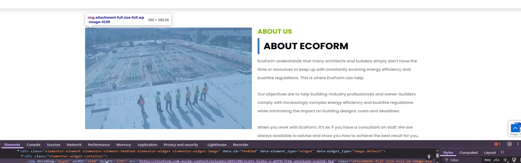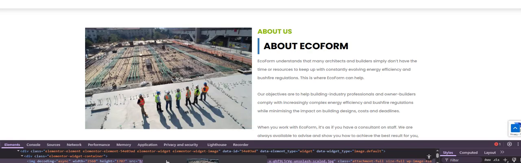But the original size of the image is this one. If I hover over it, this is the original size of the image, 246 by 386. So it's way bigger than the displayed image. So what we are going to do is resize this big image to this one.